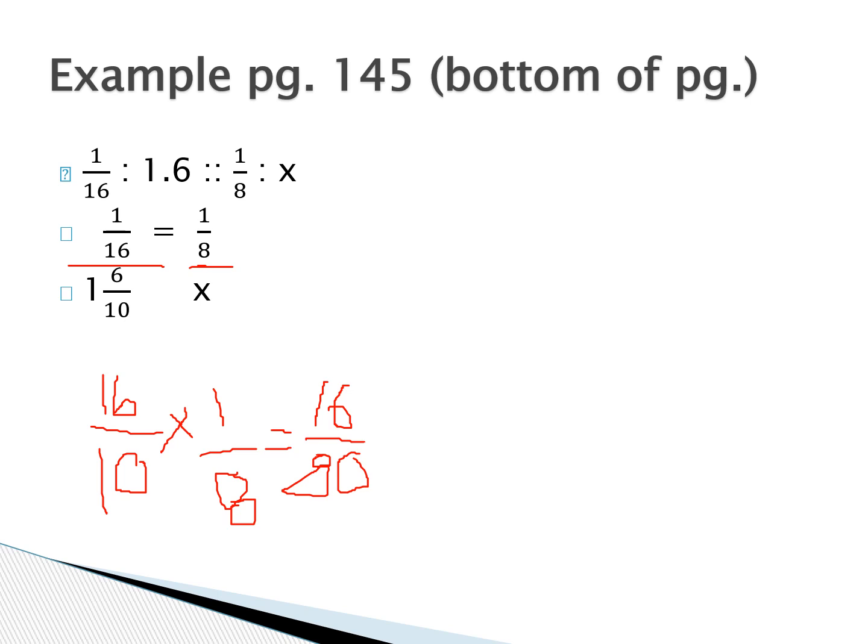Before we go to the next step here, one thing that the textbook did, and this is something you're welcome to do, is they reduced this so it's not such a big number to work with. Okay, 8 can go into both of these. 8 goes into 16 2 times, 8 goes into 80 10 times, so they changed that to 2 tenths, and that's fine. As long as you get the right answer in the end, I don't care what you do. Again, keeping in mind this is going to be divided by the 1/16. So now you have the 2 tenths